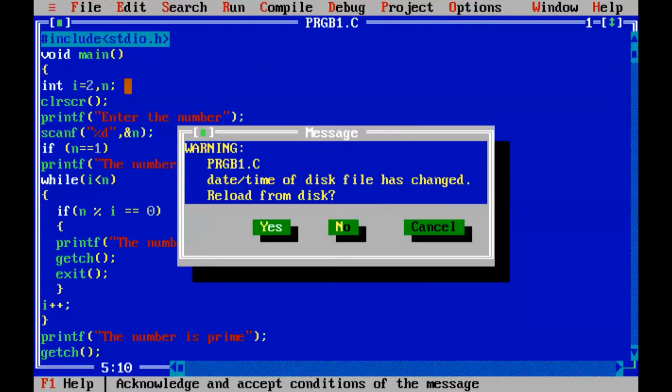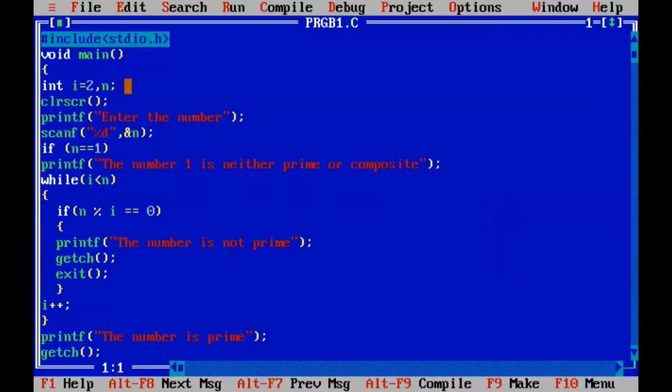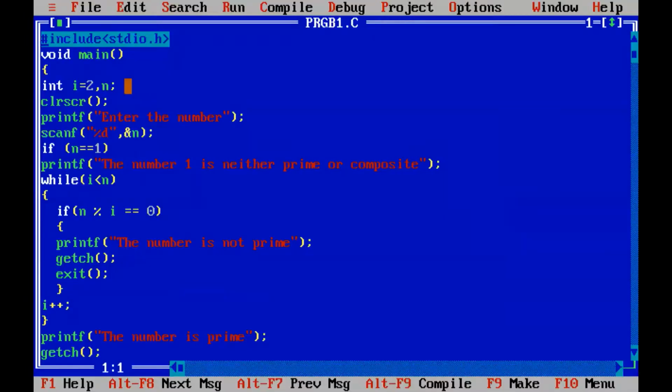Number is not prime. But when you enter a number like 23, it is prime, right? So it is showing prime. So small program. Hope you understood. I have used only a while loop. You can implement the same program using any of the looping structures, and you can use a flag variable also.